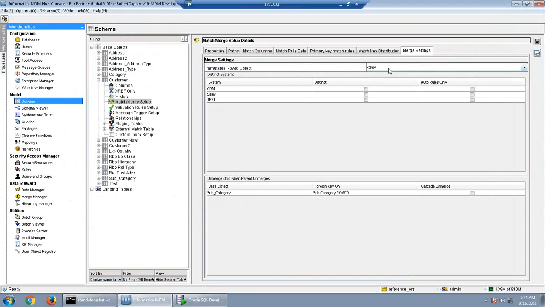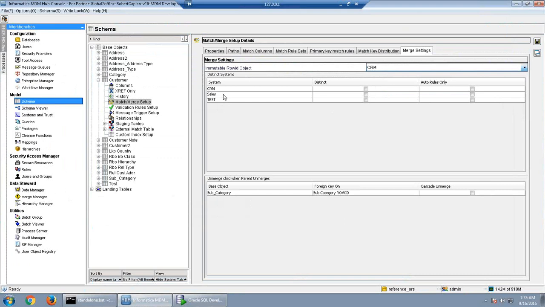So now I have only the sales system. When I load the record, sales can get matched with CRM and it can get merged into CRM, because CRM cannot match with each other. CRM is having all the records as golden record, that is consolidation indicator 1. So 1 can never match with 1. Only 4 can get matched with 1, 2 can get matched with 1, and it will get merged into 1. So that's an immutable row ID object.